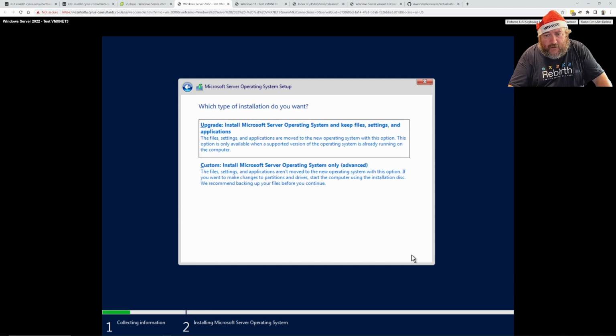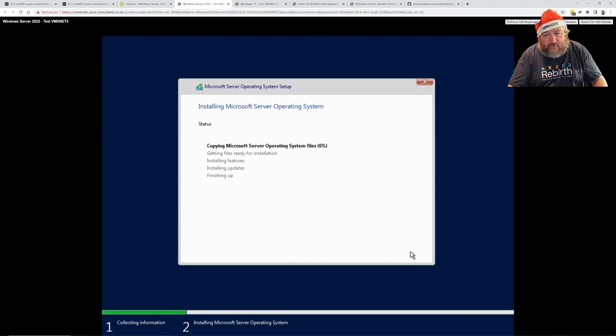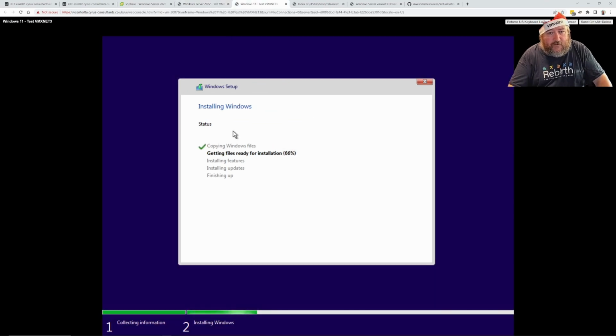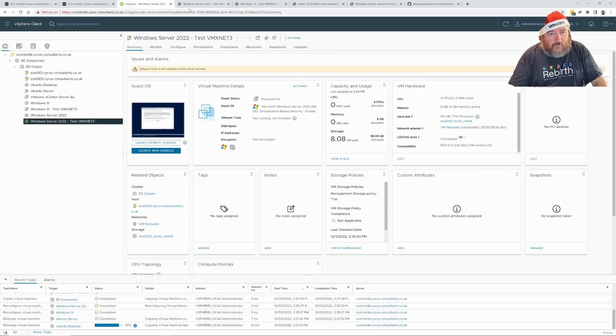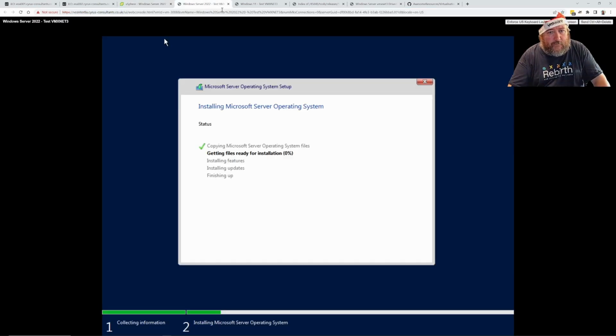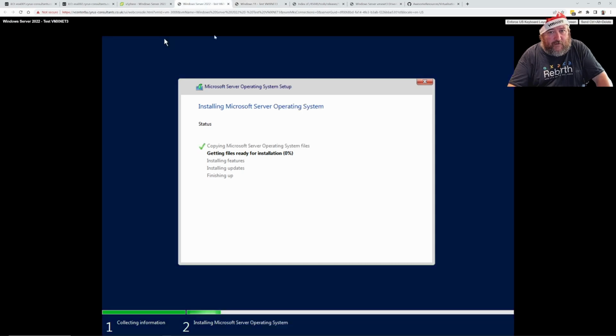I'm going to accept that, and I'm going to do exactly the same thing next, and it's going to chug on installing our Microsoft Server operating system. That's installing Windows. Note the difference: one is installing Windows and one is installing a Microsoft Server operating system. I don't know why they've missed out the installing. I don't know if it's installing Windows desktop or installing a Windows operating system,